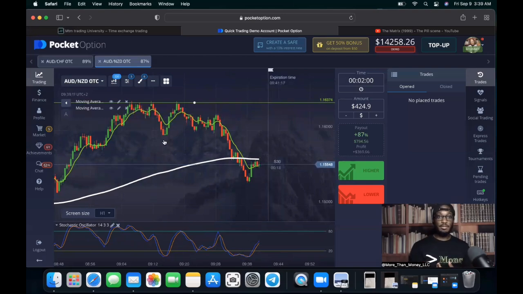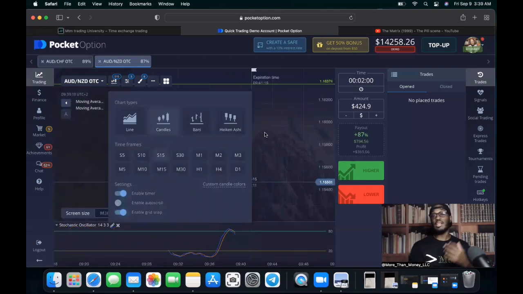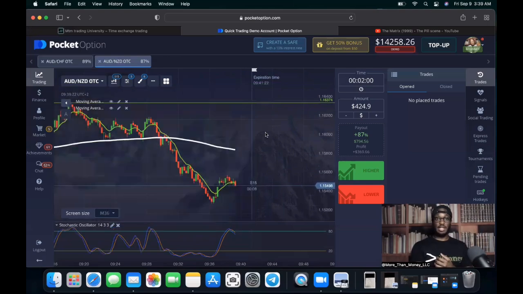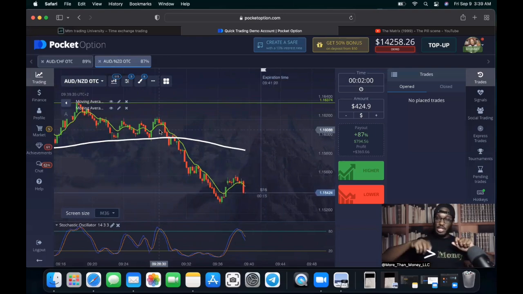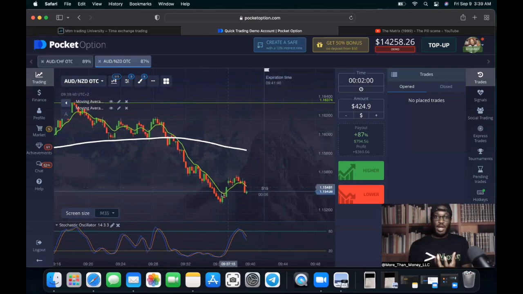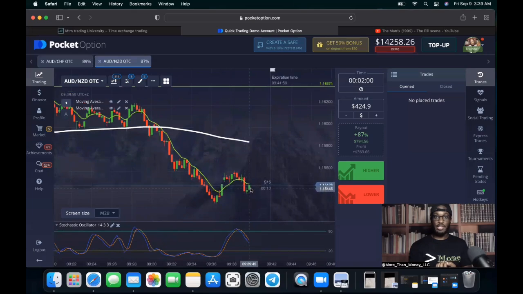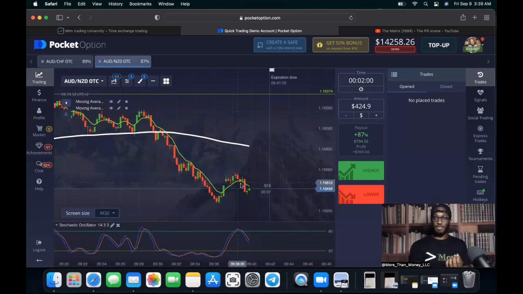Let's look at the 15-minute and see what the 15 seconds, shall we say. What is the 15-second telling us? Price got pulled past the EMA. Remember, when we're looking at the smaller and smaller time frames, it's literally like putting a microscope on it. Go back to the microscope video. We're looking at it from a microscopic view, breaking it down into smaller and smaller molecules, because we want to see what price is doing. That was that hard pull down, and now we see every 15-second candle what price is doing. So price is at some indecision right now.